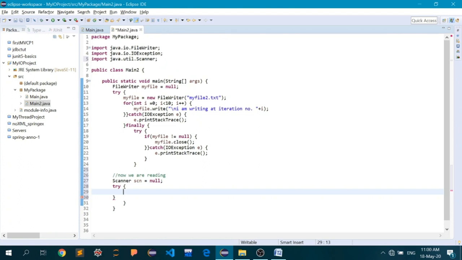And after that, if you want to print it to the console, then you have the method available, that is system.out.println. Okay, so let's do that. So scn will be equal to new scanner, and I will pass an object of type file reader. Okay, so new file reader,